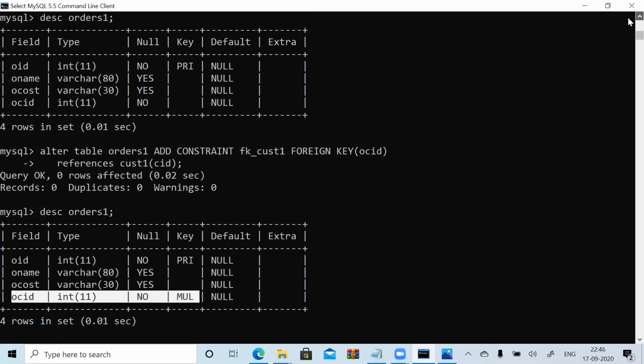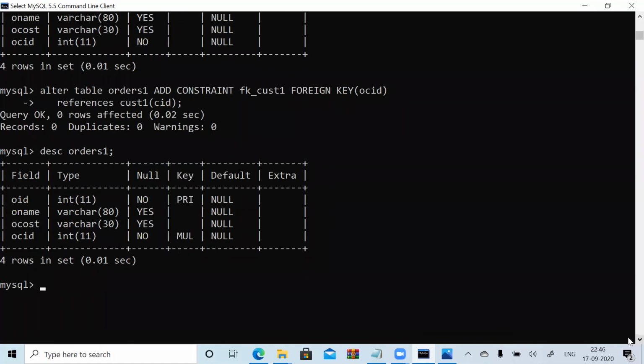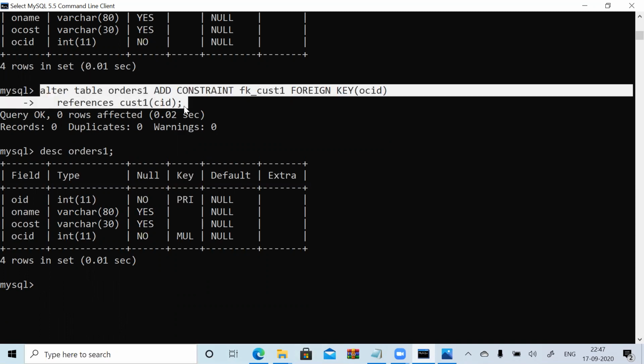Now, if you observe in my customer table, the ID is a primary key. Again, this column's values are coming in my second table in the column OCID, nothing but the foreign key. The same values are coming in this column. So this thing is called a multiple key. Now we can understand we have initialized our foreign key, and our table now consists of a foreign key. So got it? OCID is referring to your customers table cust ID. Like that you need to create.